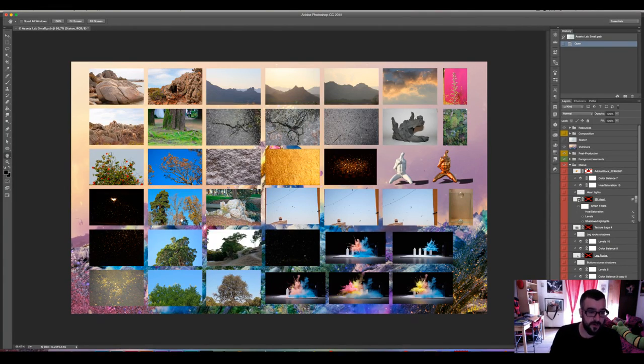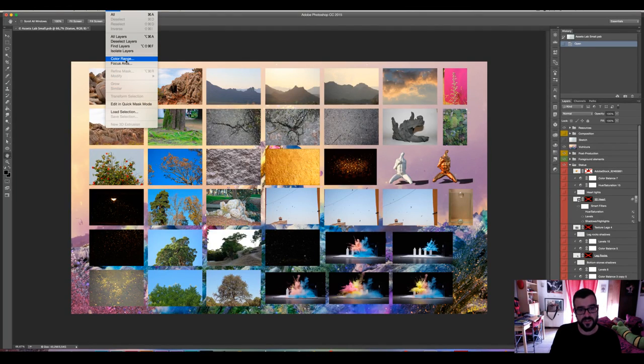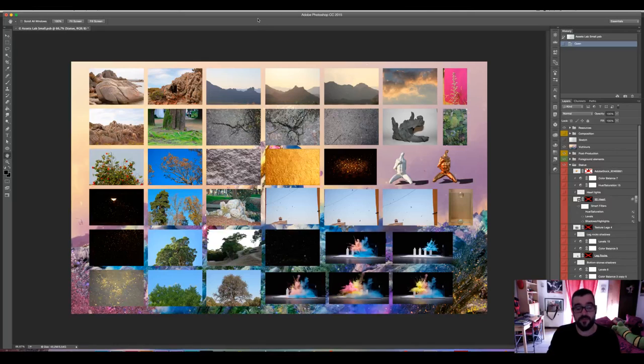Also, I'll be using several plants and trees photos that I made sure to shoot with plain background, because I'll be using the color range option for masking them out, but I will explain this at the end of the masterclass. So some of the 3D renders, some textures from Adobe Stock, and the vector shapes.